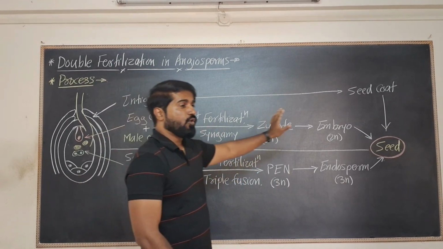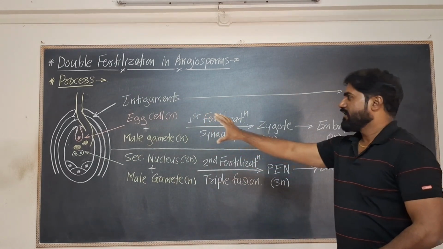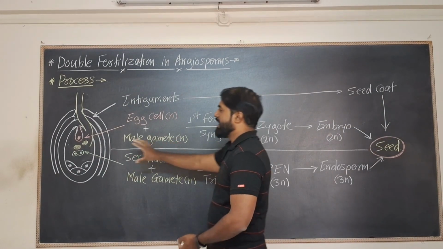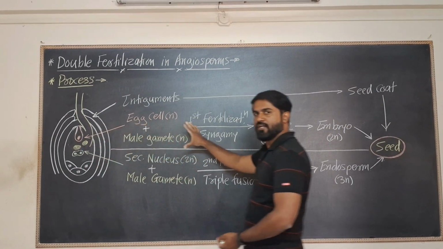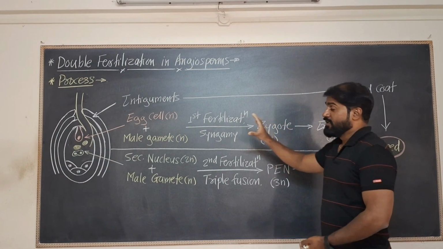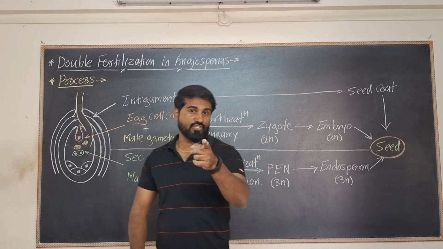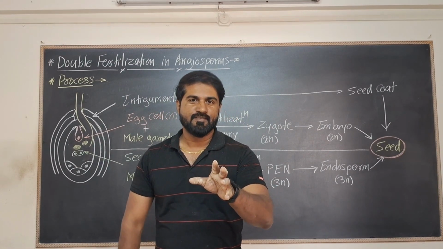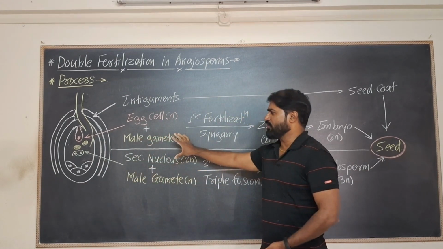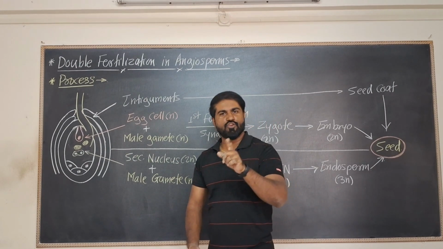It is the whole process of double fertilization which is in the same diagram. It is the combination of a diagram and flow chart which is showing the process of double fertilization. Such kind of diagrams are still not there on Google also. You can search it and confirm it. If you have to find such kind of flow chart and diagrams and make the process of learning biology easy,